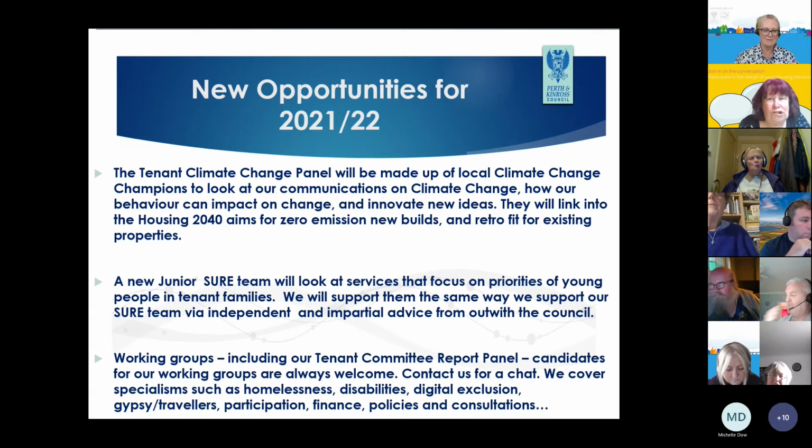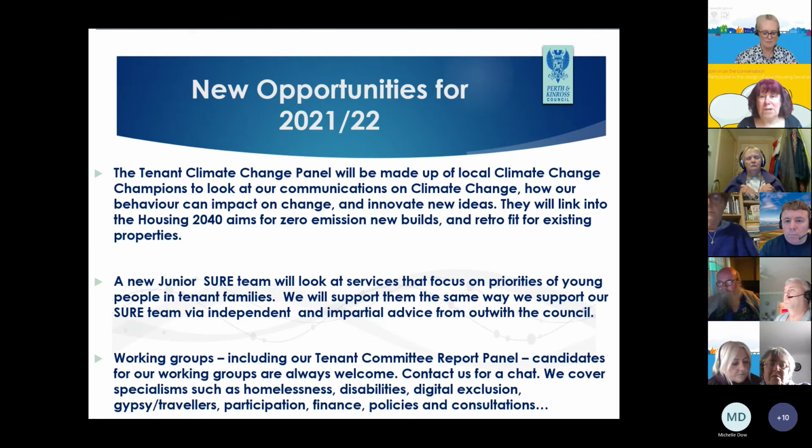And the climate challenge, whatever we want to call it, it's not a challenge, it's an opportunity, remember. We've already got a lot of interest from various people, some people that have not been interested in other working groups. And that's how it works with our working groups. We look at the specialisms, we look at what people need or what matters to them in their lives. And that's how we've mapped it into the tenant and resident participation. So the ideas that we'd like people in that panel to come up with are over the 2040 type of strategies and the way that's written, but also in their own lives.